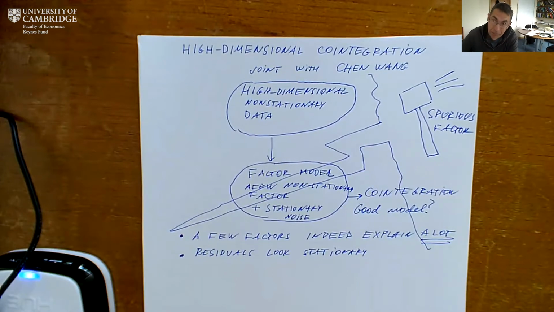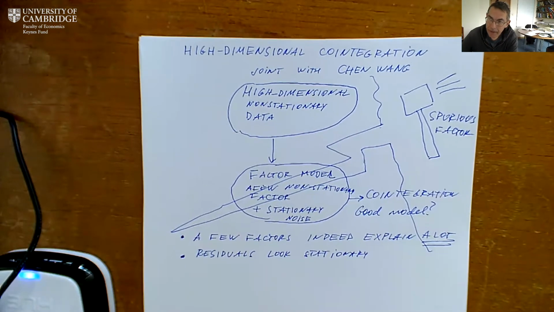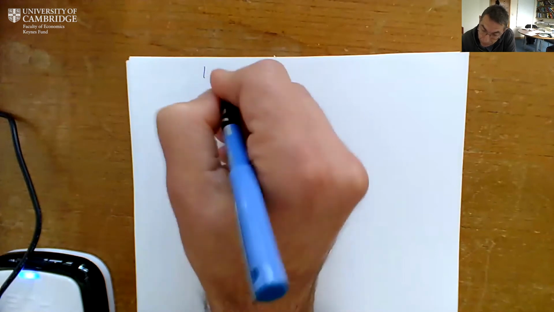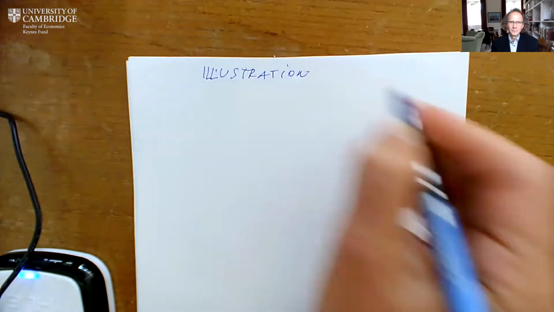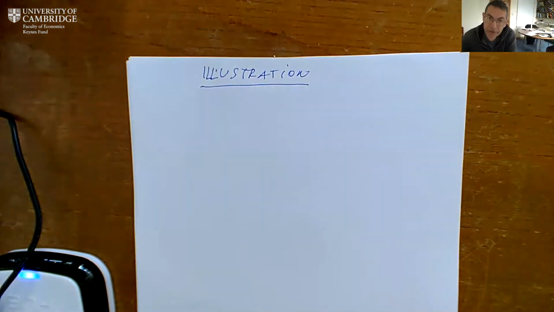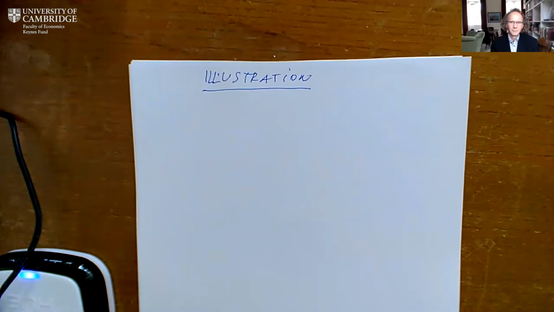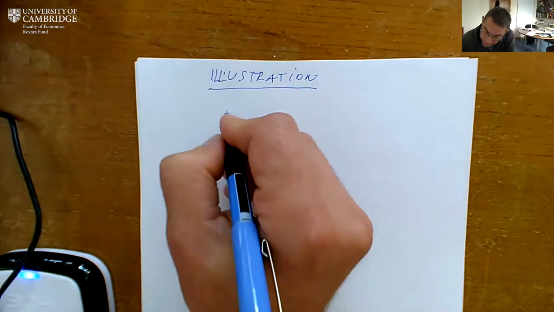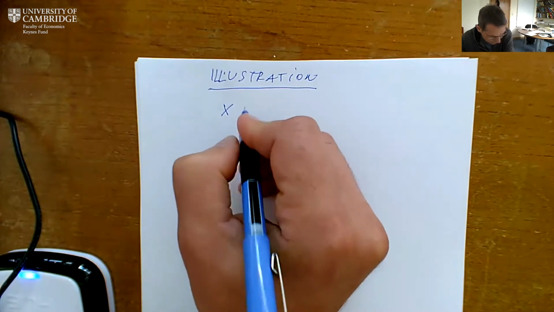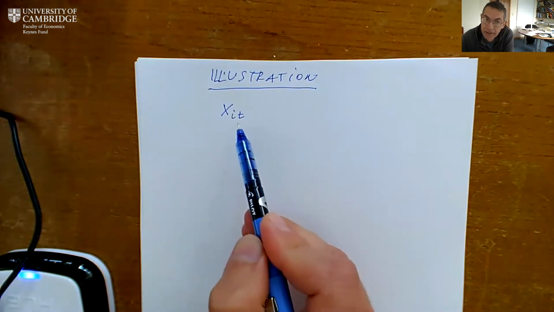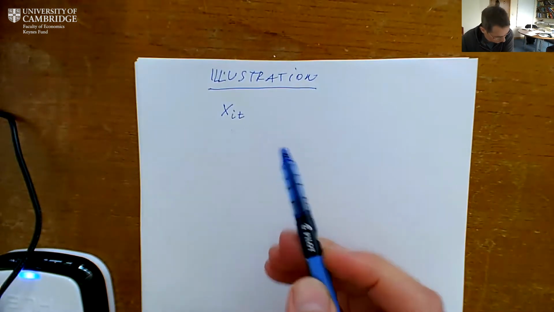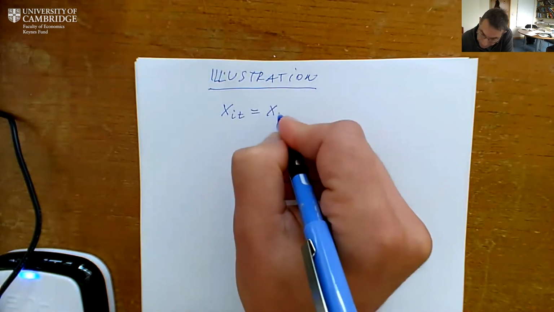Let me explain to you what this spurious factor phenomenon is. Just to explain this, I would like to give you an illustration. It's not a very general illustration. It's supposed to be a very simple illustration. In this simple illustration, I will consider the following data. The data have two indices, I and T. I is the cross-sectional index, T is the temporal index. And the data is actually pure